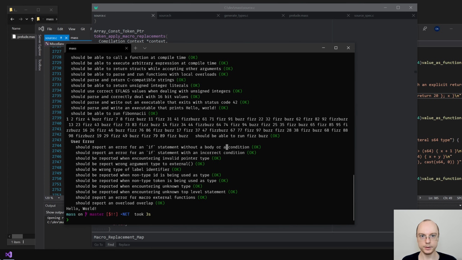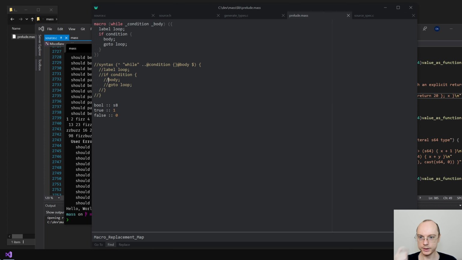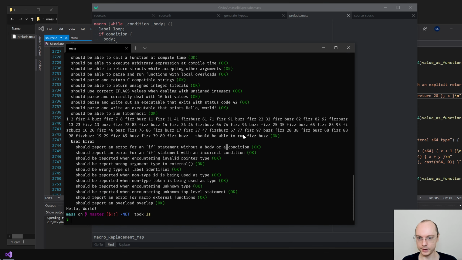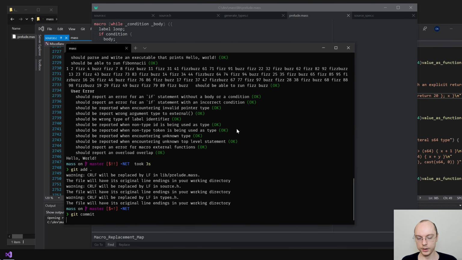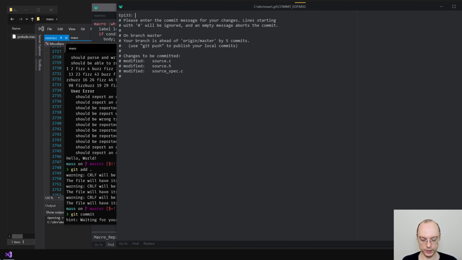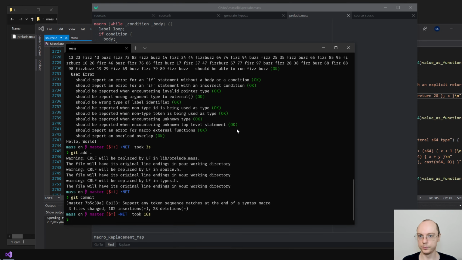Great. I think that is all the components that we need to make that work. Almost, actually. There is one last thing that will not work, but let's commit that one. Commit episode 133, support any token sequence matches at the end of a syntax macro.